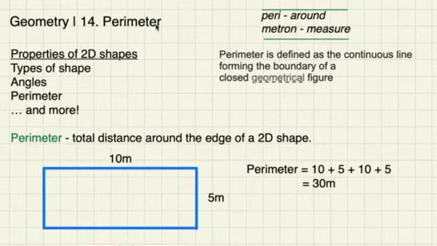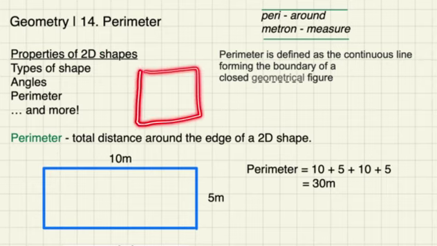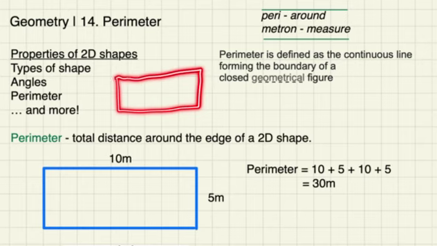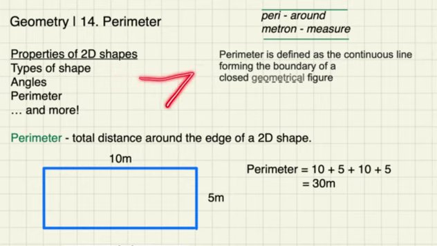In this series of videos, we've been looking at different two-dimensional shapes, such as squares, the types of triangles we've looked at, rectangles, and all sorts of polygons. If you remember, the rhombus looks something like that, just all roughly drawn. Now, each shape has certain properties, and we've looked at things like angles with them. In this video, we're going to look at another property. There's many more, but this property here is the one we're going to be looking at today, which is called